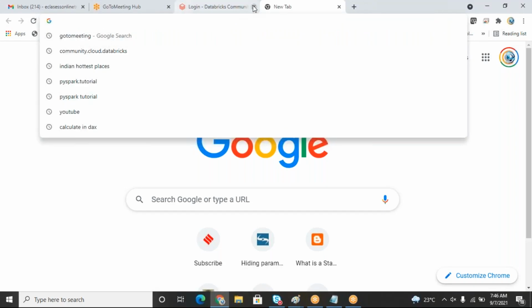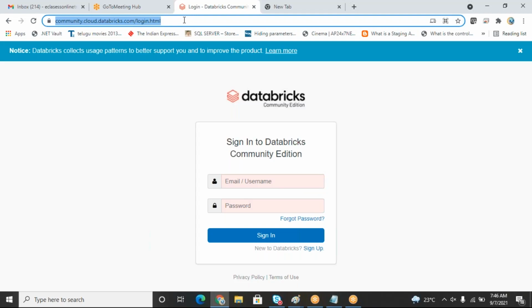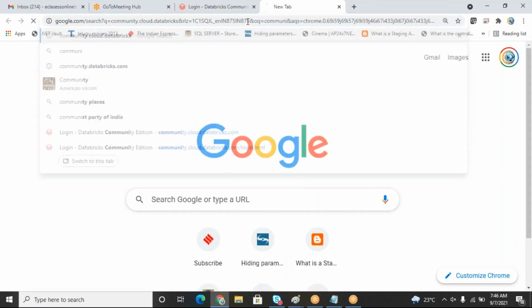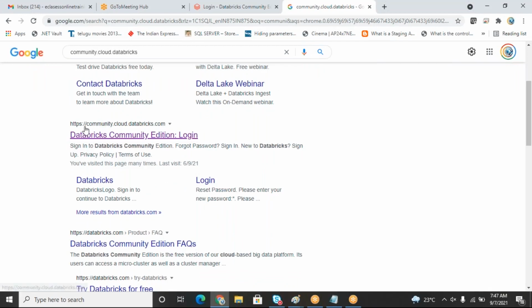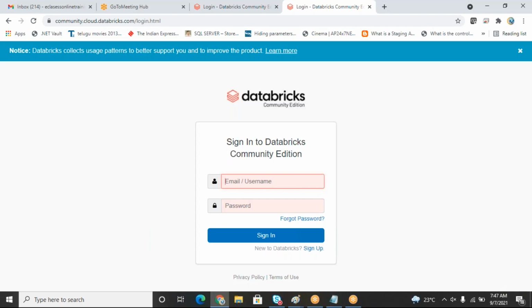You need to create a community account at cloud.databricks.com, or you can directly go to the Databricks Community Edition login over here. So I'm going to log into https://community.cloud.databricks.com. Simply click on here. Here you can put your email address and password to log in. So I'm going to use